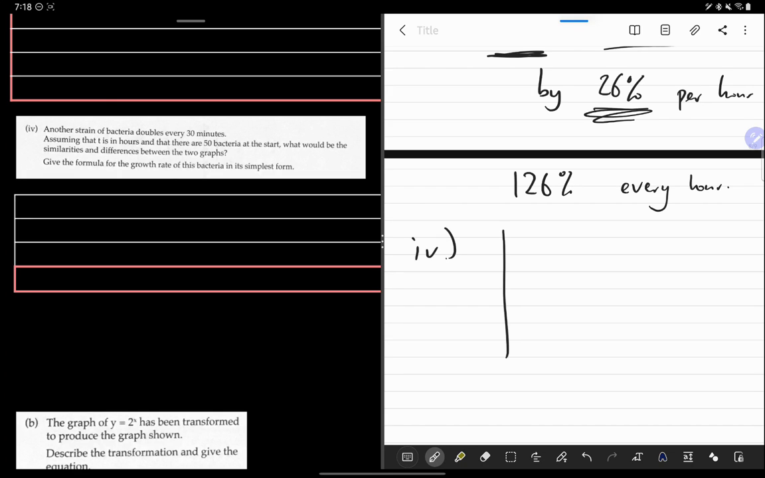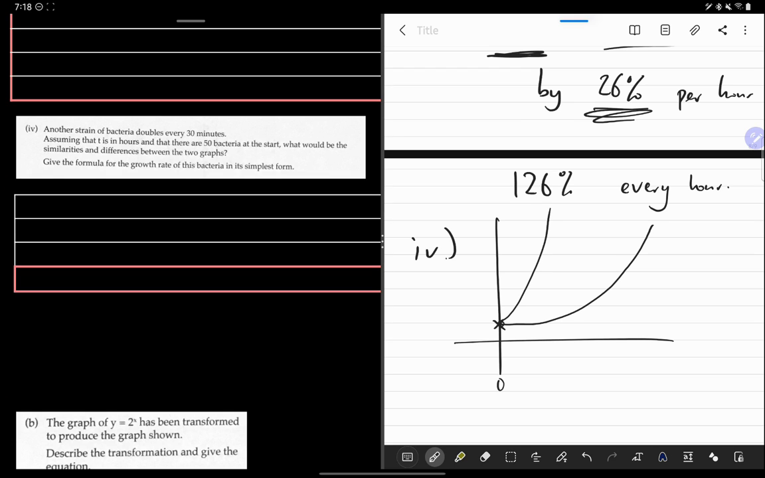Okay, the graph formula, I'm not gonna fully draw it, but if it doubles every 30 minutes, but it started with the same amount, there's an important similarity. At t equals 0, they will both start at 50. So if that was the original graph, and it doubled every 3 hours, this one's going to double every 30 minutes, so that's every half an hour. So it's of course going to grow much faster. But they are going to start at